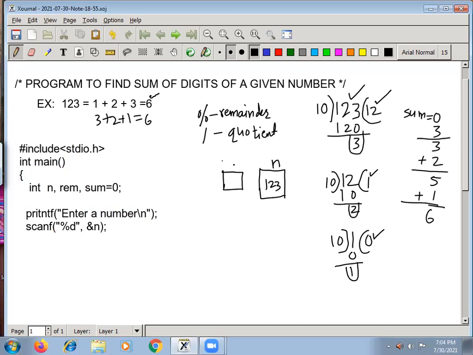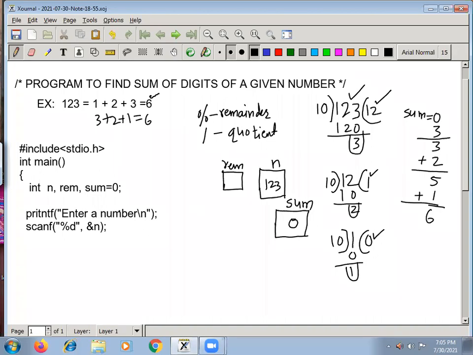This is reminder, memory is allocated for reminder, and we have one more variable called sum, with memory allocated for it. Initially, sum is 0, and reminder has a garbage value. When you get the message enter a number, assume the user entered 123, and that 123 will be stored in variable n in this format. Now we have the number with us.